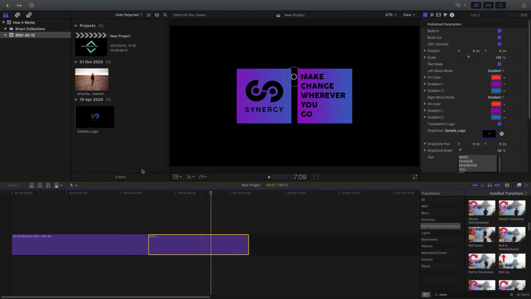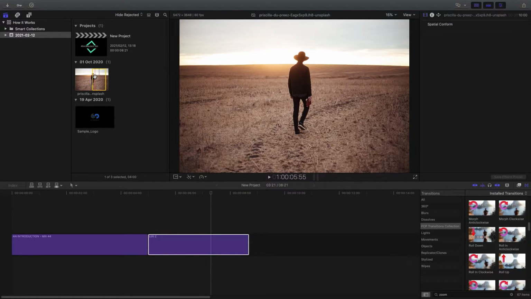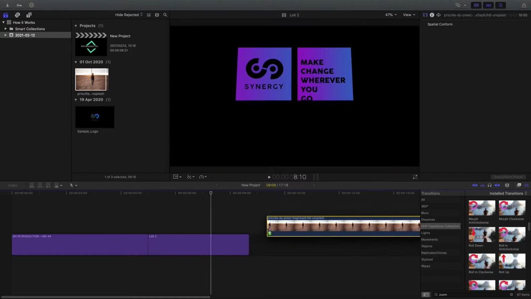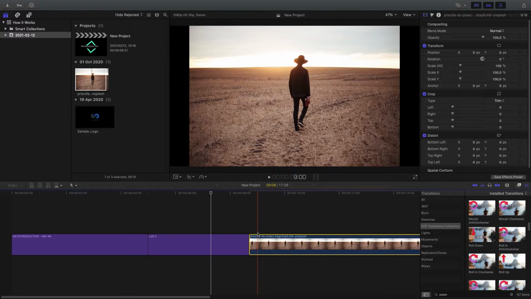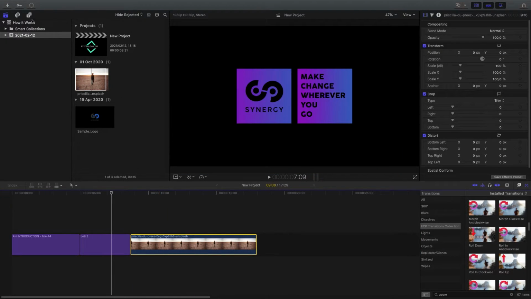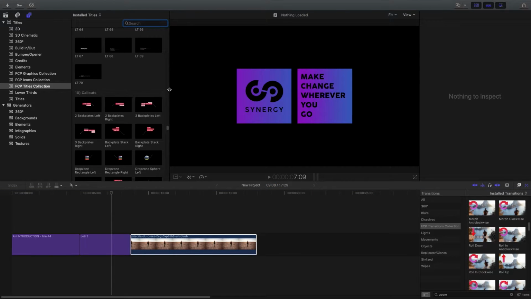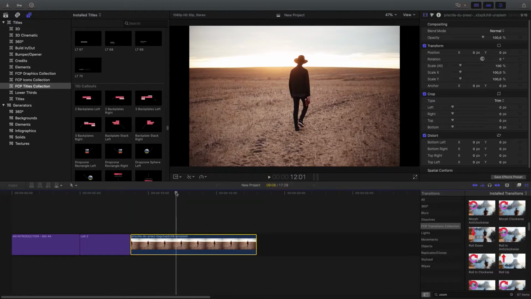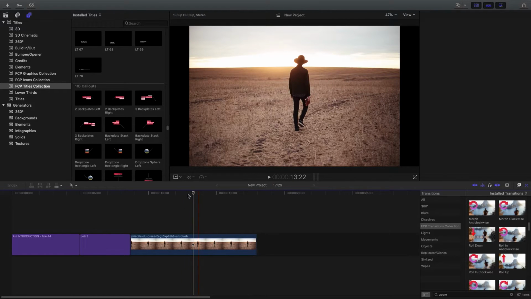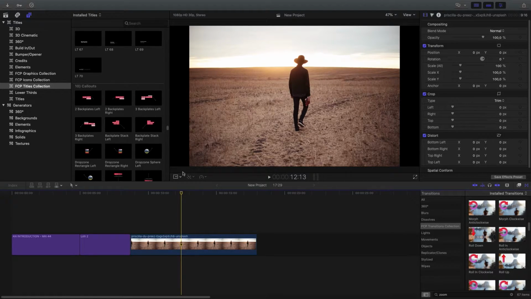Alright, so I've just imported an image and I'm going to bring it into the timeline like this. And then I'll just hit Command minus just to zoom out slightly. And now we're going to take a look at using a call out. So let's say that we are running a fashion brand and we want to advertise the jacket that this man's wearing over here. What we can do is bring in